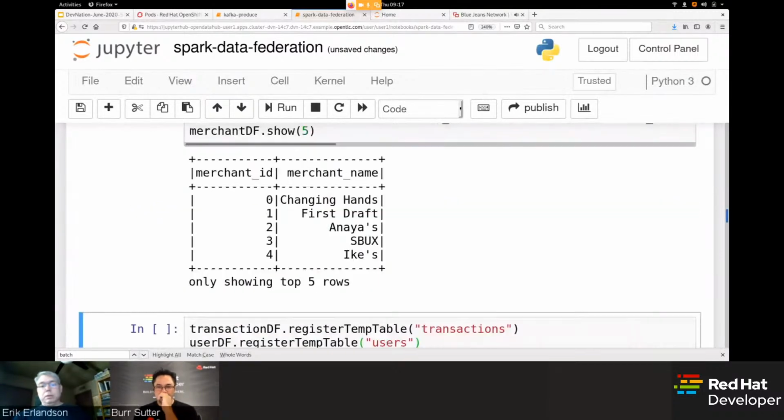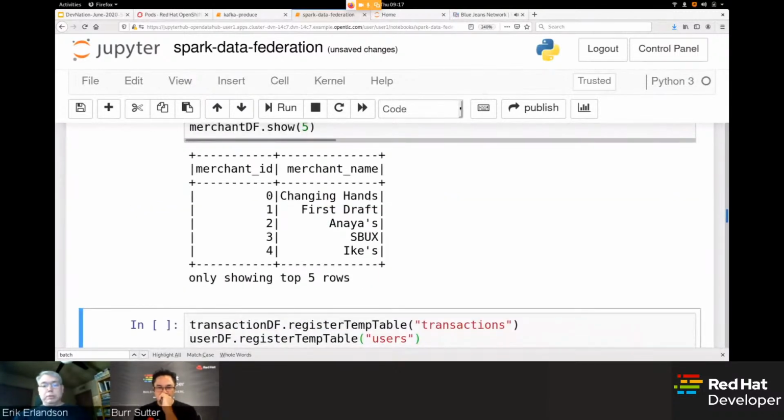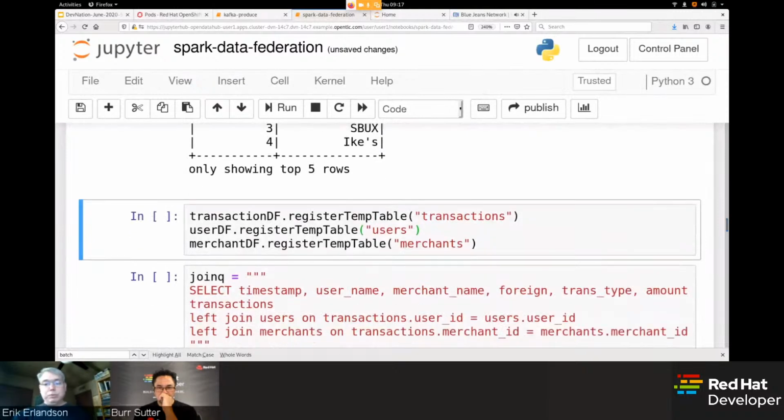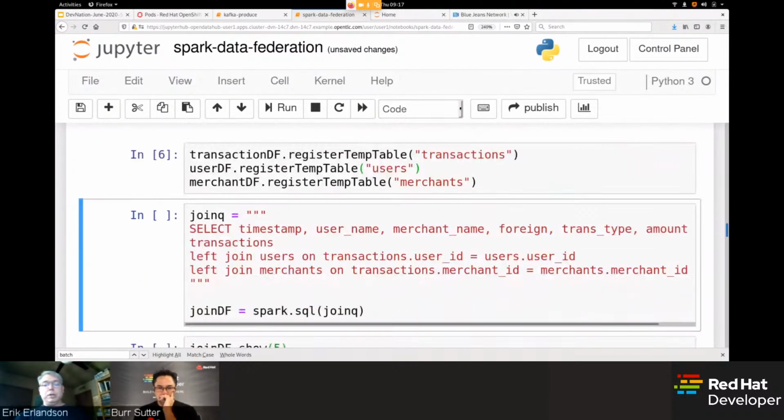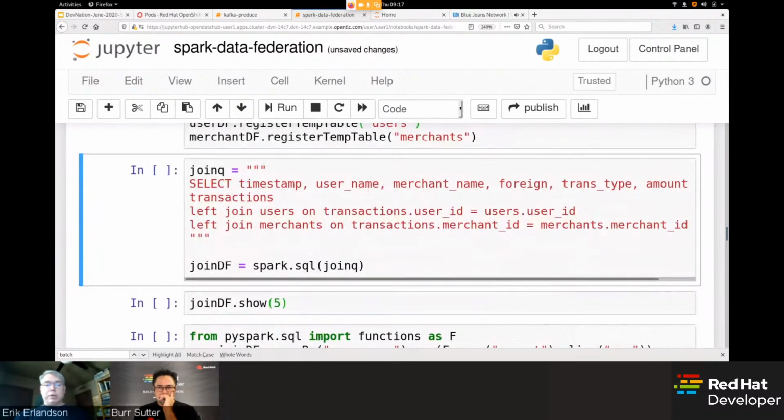And some merchants. In this case, there's only 10 names and 15 merchants. Obviously, in a real company, these would be into the millions. And I can register these so that Spark can also treat them using straight SQL. So here I've written some standard SQL that does a table join, and all I'm using here is a join operation so I can translate these user IDs into actual names for the user and the merchant.